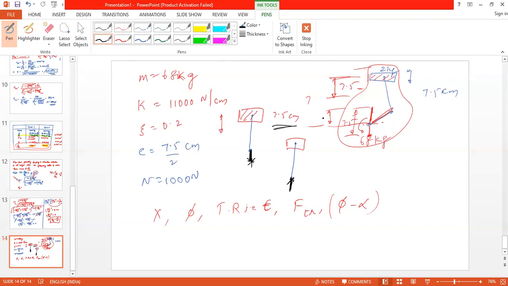Okay, sir. Understood. You just assume the two positions of the piston, one at the top dead center and one at the bottom dead center, and think about the positions of the connecting rod and the crank. Yes, sir. When top dead center and bottom dead center, the total travel is 7.5. So that's why we divide it by 2.